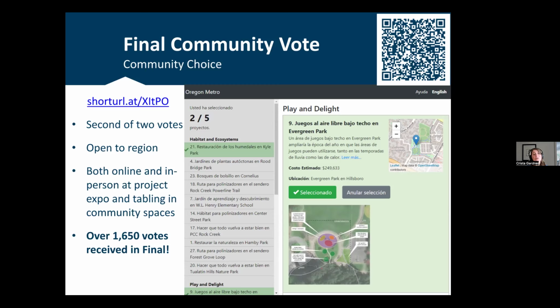Using the results of the vote, the Program Design and Review Committee then recommended 15 projects for funding to our Metro Council, who ultimately approved that $2.3 million in grant awards. And these projects are now with their respective Washington County jurisdictions for final design and construction, which is really exciting. Next slide, please.